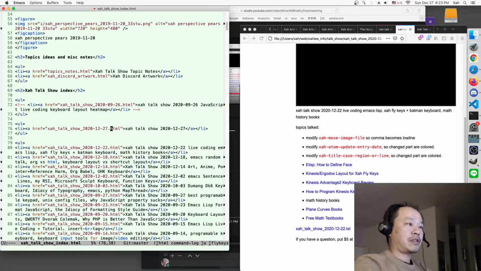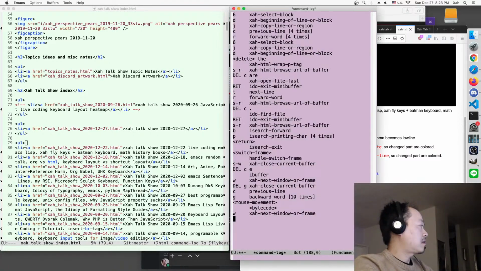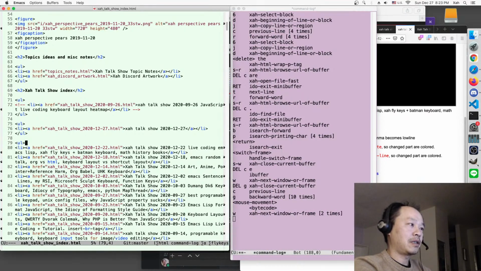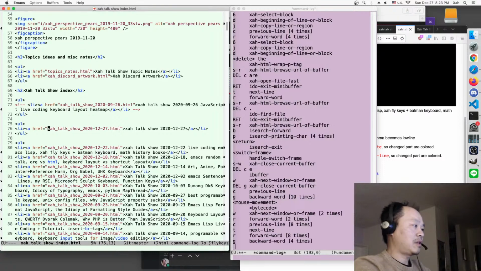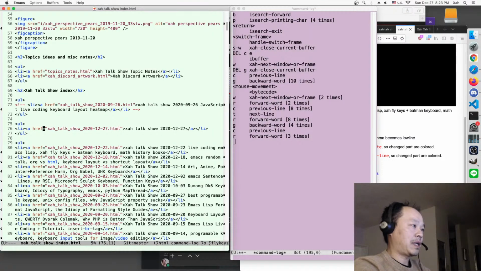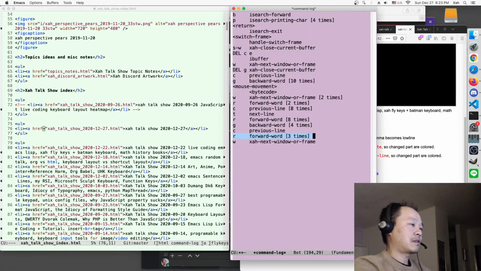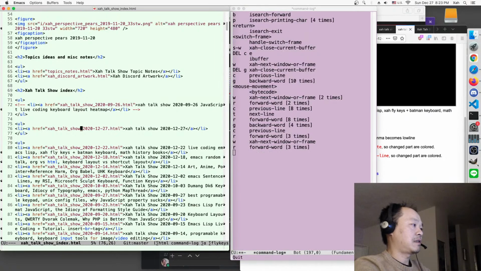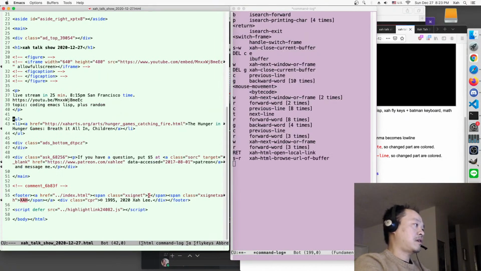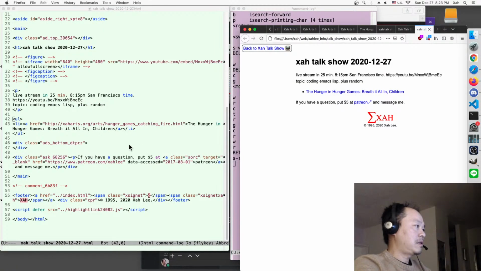Okay, so first of all, Xah Talk Show. So what Emacs Lisp are we going to do? For you Emacs users, the pink window right there shows all my command calls and keys. If you see what I'm doing and you don't know it, you can just look up the command name and search it on the web. You'll find the source code. So today's talk show, open the browser, and we are going to